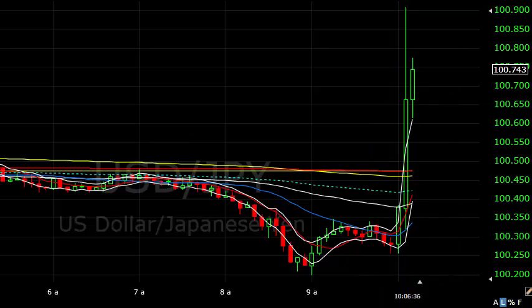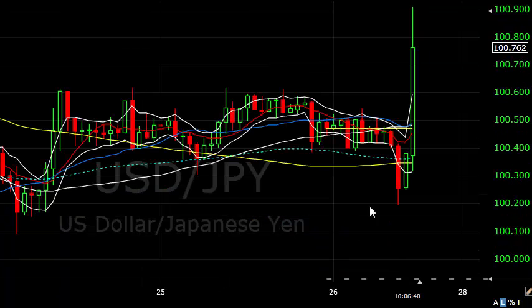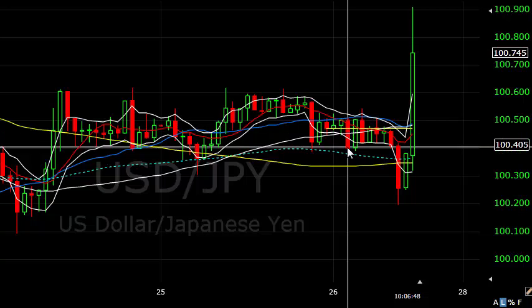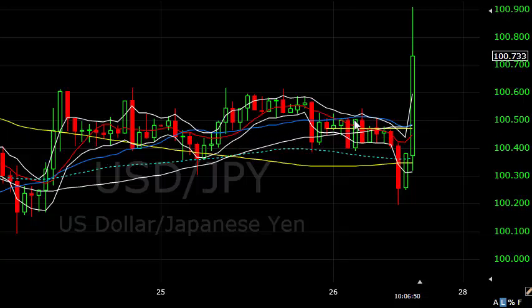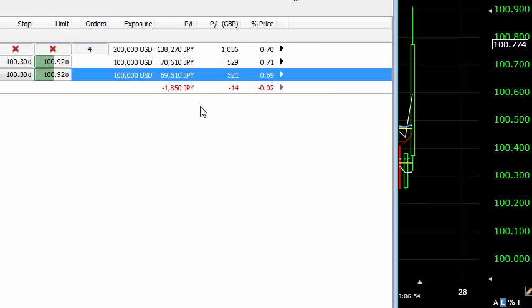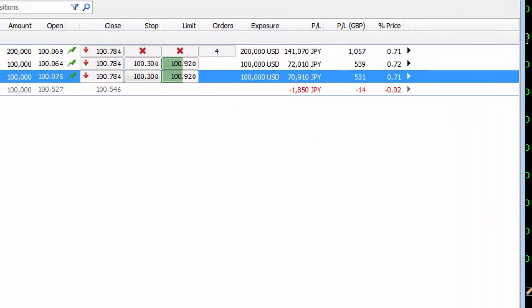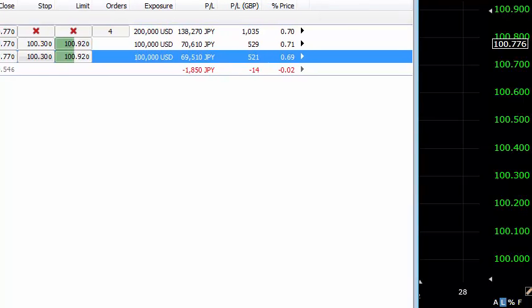If I take this back a little bit, oh no, I put it on an hourly chart. I put a hedge on because I thought the yen was going to roll down today ahead of the news, which it did. This morning I trailed my stop down after this red bar here, and then it spiked up, just took me out, and then rolled over. So it was only a £14 loss, as you can see there. If I show you the trade, I entered at 52 and got stopped out at 54. Just a bit of a miss there.